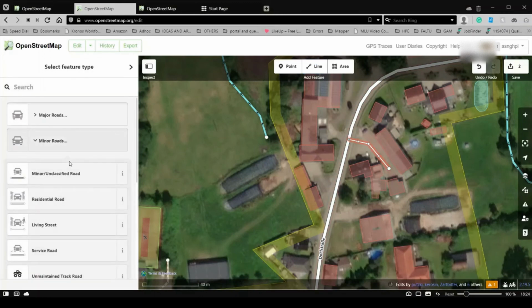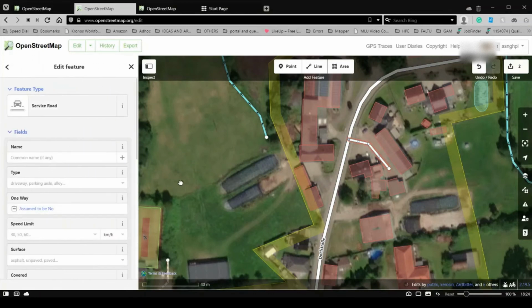How to map a line in OpenStreetMap. Just as you clicked on the point button before, now click on the line button at the top of the iD editor. It will also turn blue to let you know that it has been selected. Now click on a position on the map. A dot will appear. Click on another point on the map and another dot will appear. The line will connect those two points.